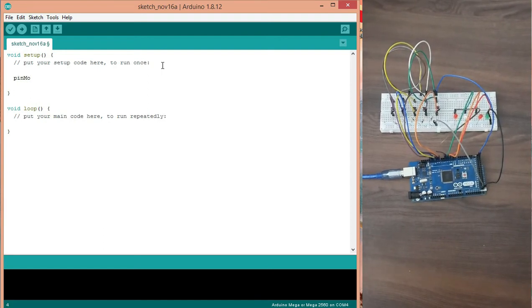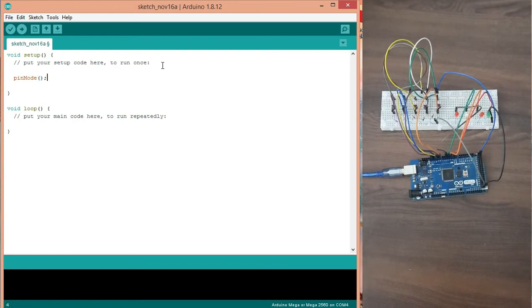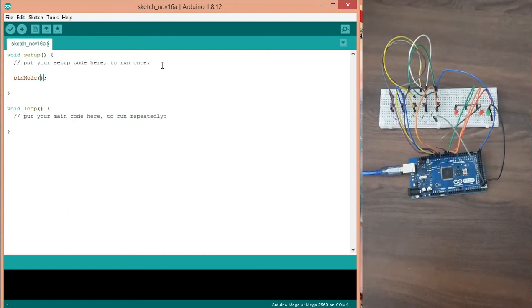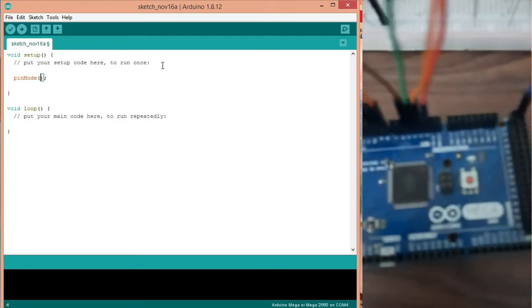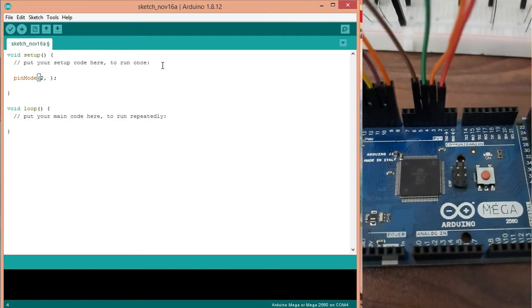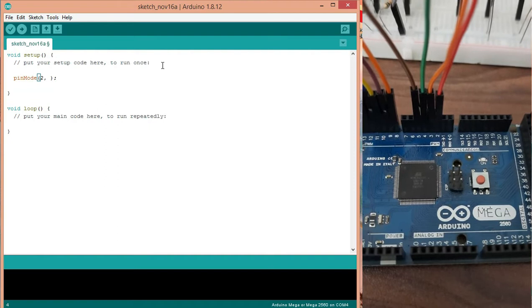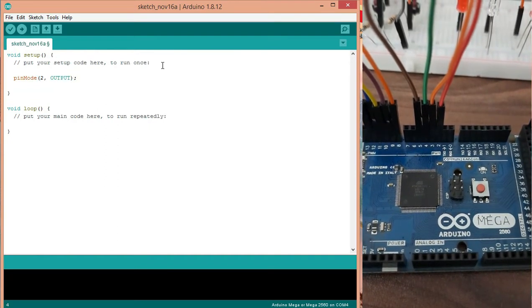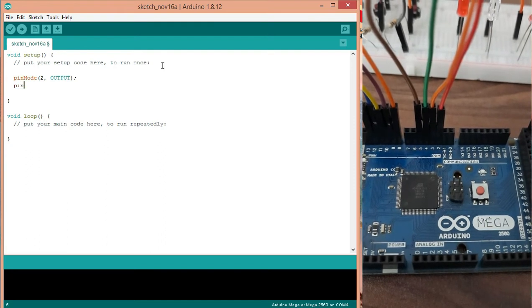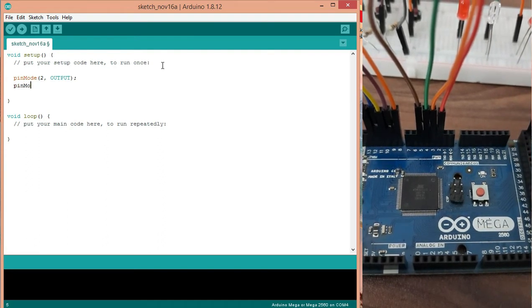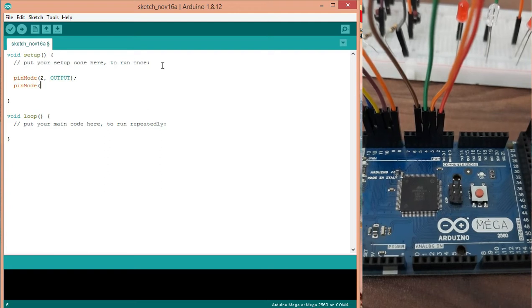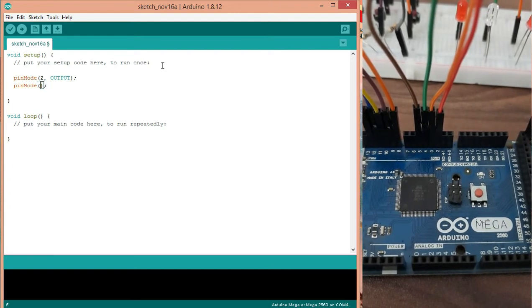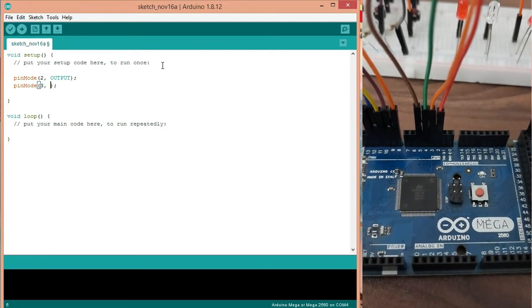This is pinMode. We are starting from pin number 2, and it will be serving as an output. pinMode for pin number 3 is also serving as output.